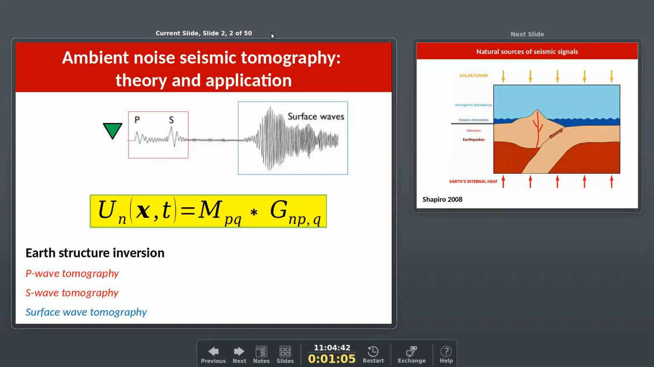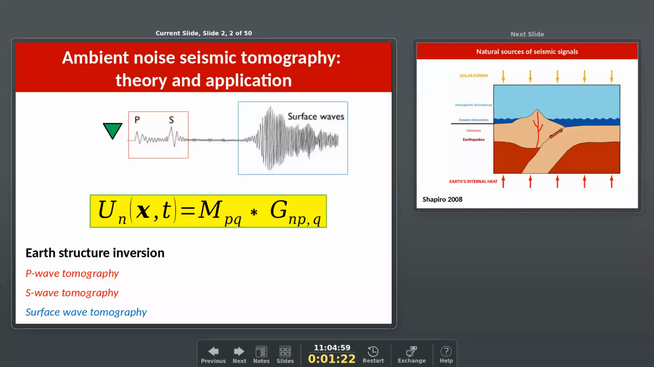So we already talked about the representation theory, and the goal of seismic tomography is mainly to reconstruct, to retrieve the